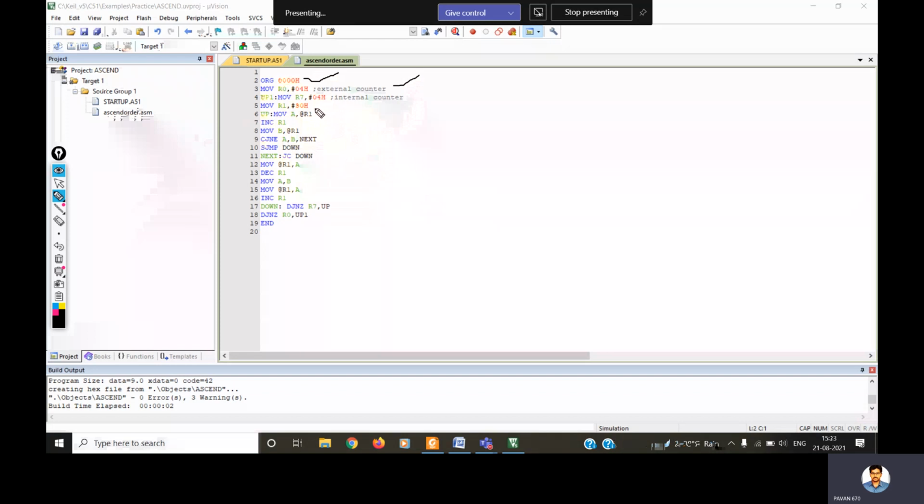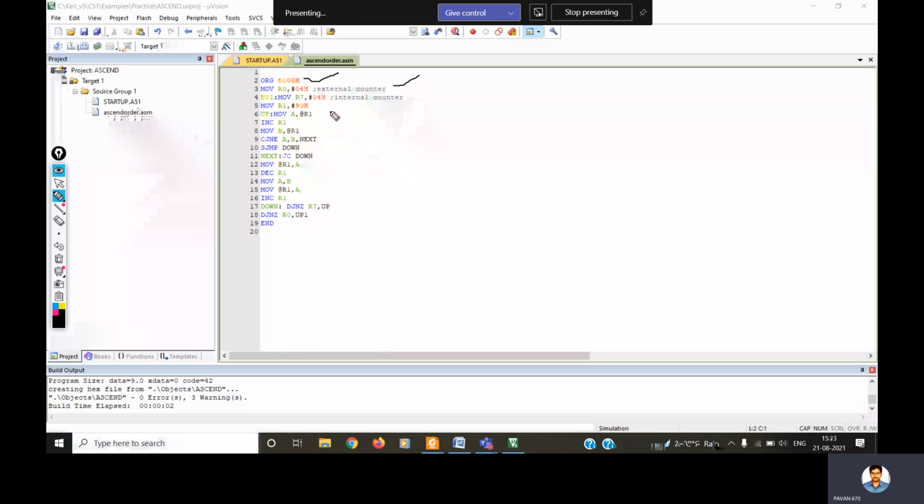Next, MOV R1, #30H. So where I want to load these values, that's what I am using. I have to load the values in our memory. Which memory?